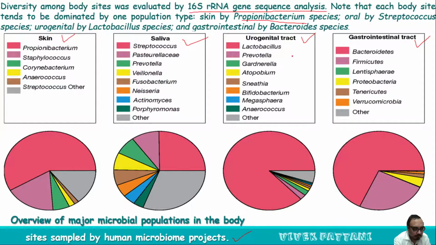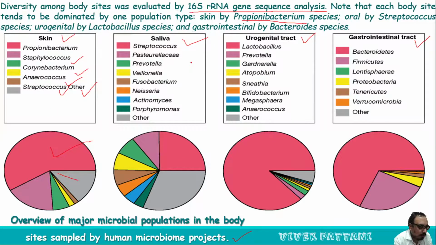In the case of the skin, you can clearly see more than half are basically Propionibacteriums. And the second one is Staphylococcus, then comes Corynebacterium, then Anaerococcus, then Streptococcus, and the last one is whichever other bacteria are studied, other groups, as there are more than 1000 species. You may imagine the diversity, and most of them cannot be studied because of the limitations of their growth